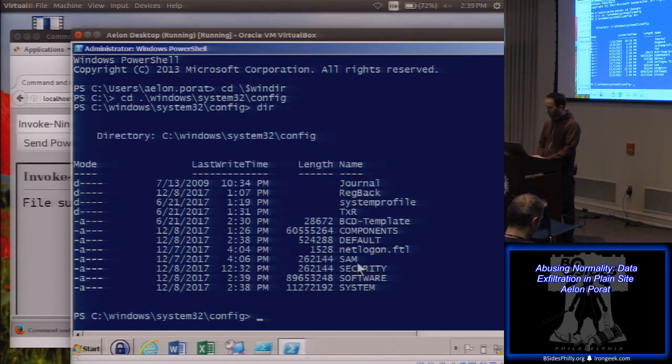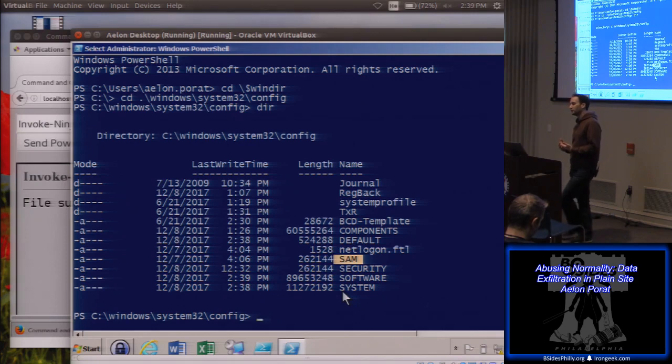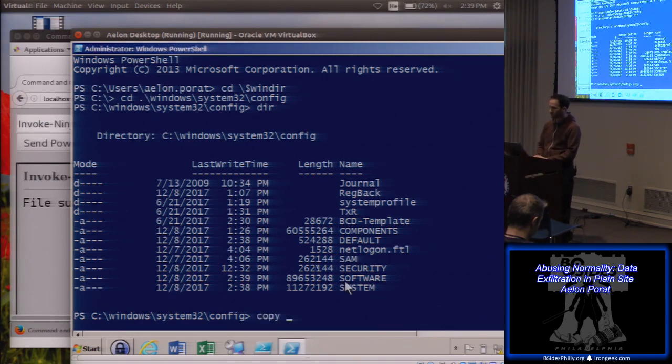This file over here contains the hashes of pretty much the local users and so on. Problem is that Windows locks that file. So if I try to copy it, and notice that I'm an admin on my machine right now, even if I try to copy it somewhere else,